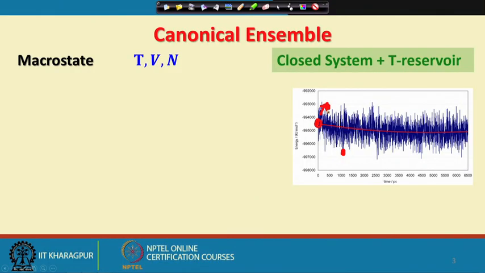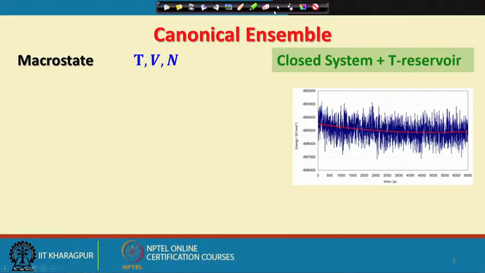So, at this point, the system would like to lose some energy, and the way it does it, it releases energy through the diathermal walls to the surrounding reservoir. As a result, the energy value comes down. So, this way, through the exchange of energy between the system and the surroundings, the constant temperature condition is maintained. But this also tells me that there must be some confusing concept associated, and that is, we have